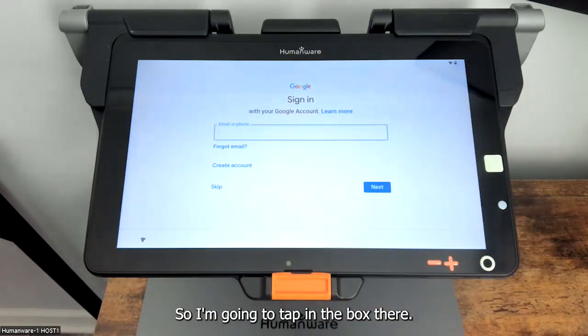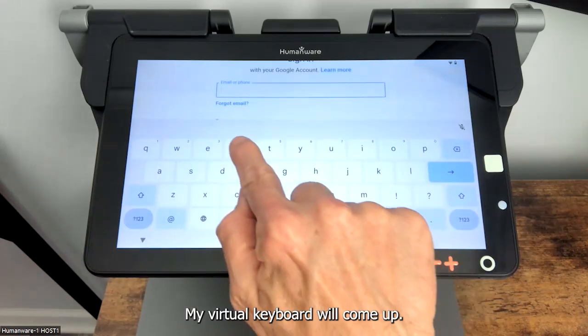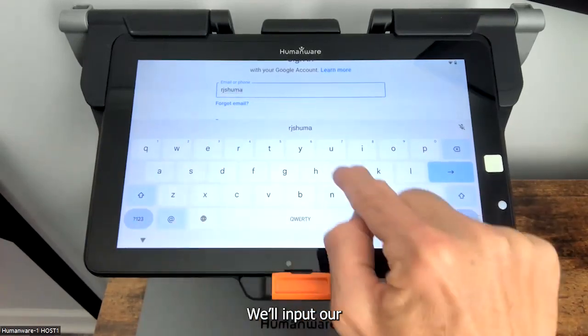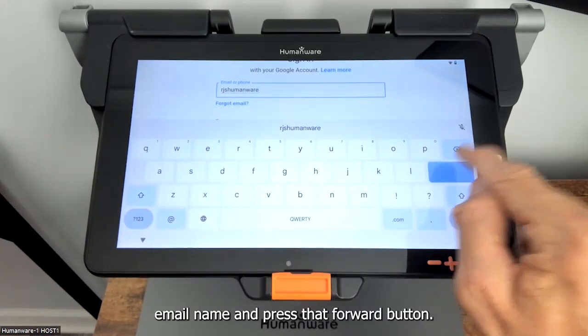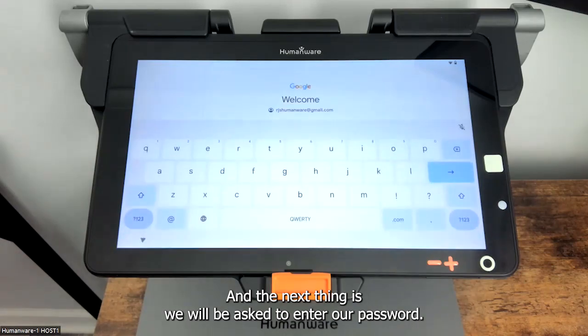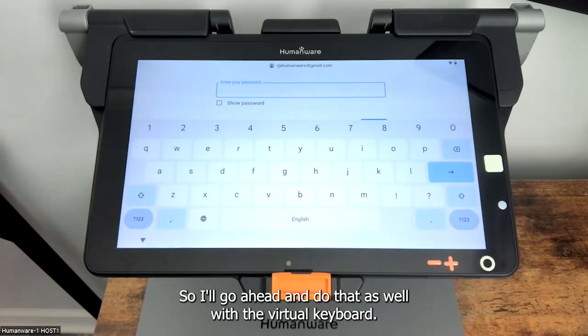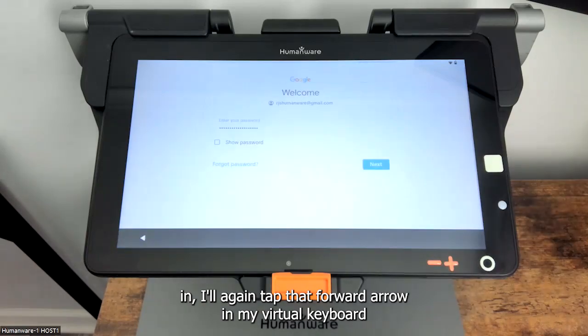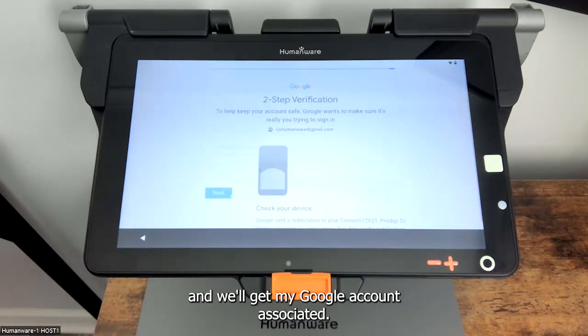So I'm going to tap in the box there. My virtual keyboard will come up. Oh, missed a letter there. We'll input our email name and press that forward button. And the next thing is we will be asked to enter our password. So I'll go ahead and do that as well with the virtual keyboard. And with the password typed in, I'll again tap that forward arrow in my virtual keyboard and we'll get my